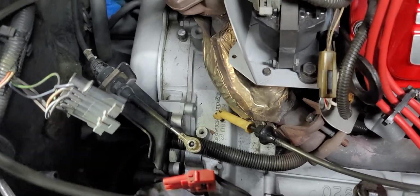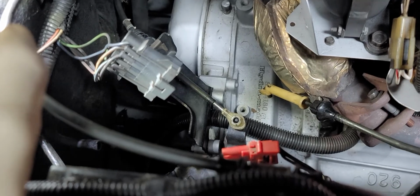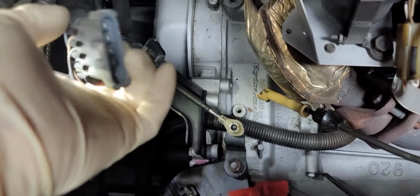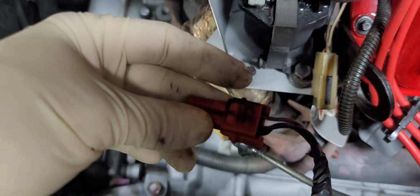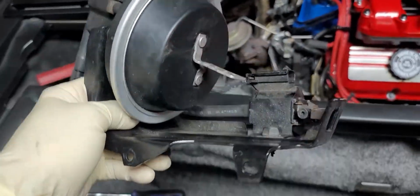Guys, I think I kind of screwed up with my camera work before and I didn't exactly show you the removal procedure on the can. We were at the point where we were removing the cruise control servo. You disconnect the connector here on the servo itself, and you disconnect the red connector on the vacuum solenoid, and then you can just pull the entire assembly right out of the car